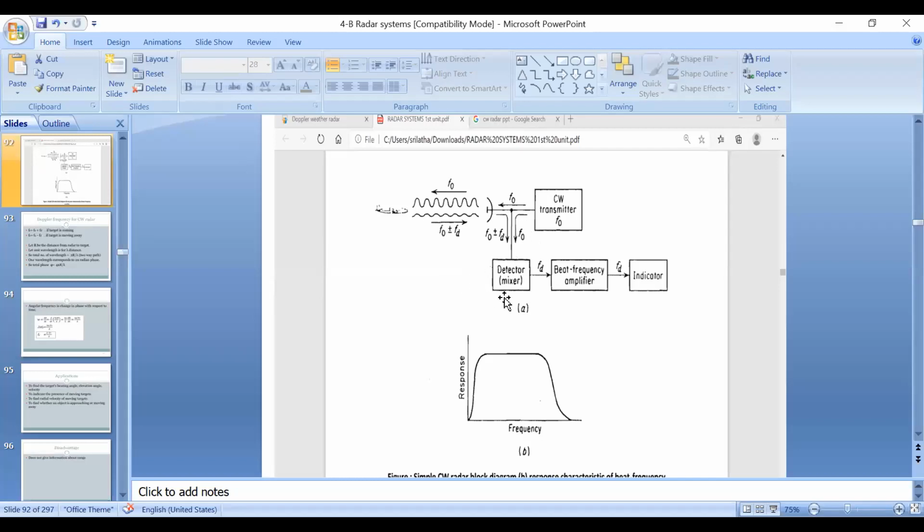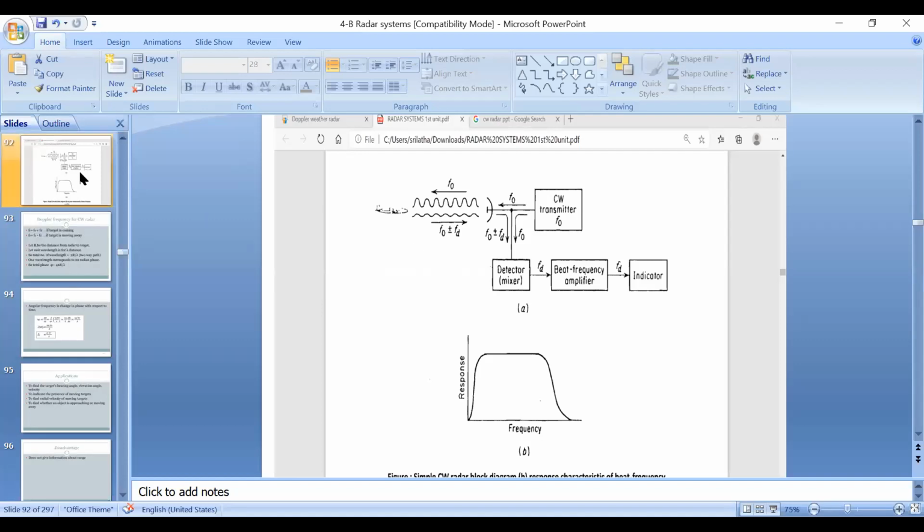That is a concept we already studied in analog communication, but here there is no local oscillator. There is no heterodyning or mixing of any two signals. It just compares these two signals and gives the resultant signal, right? That means it is not using an intermediate frequency, so it is not using high frequency. Flicker noise is proportional to 1 by f, so using low frequency means it has high flicker noise, right? I will show that flicker noise graph in a later class.